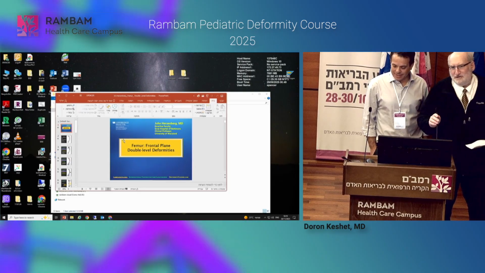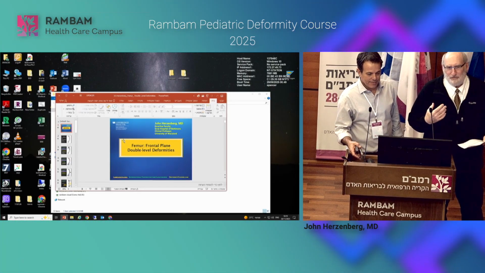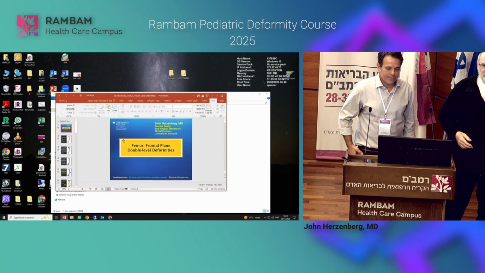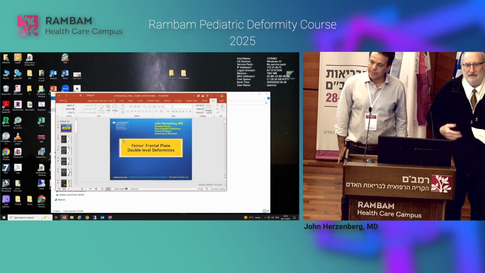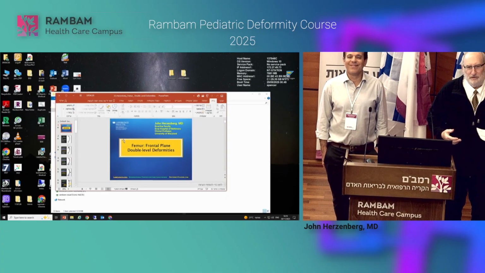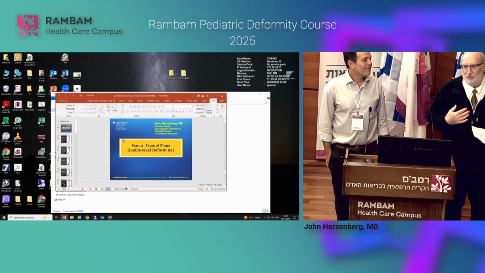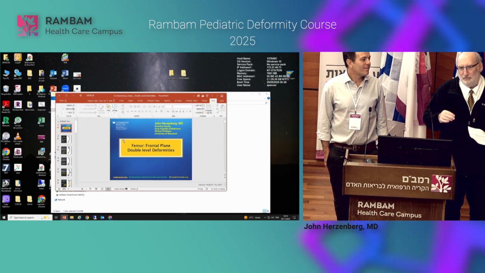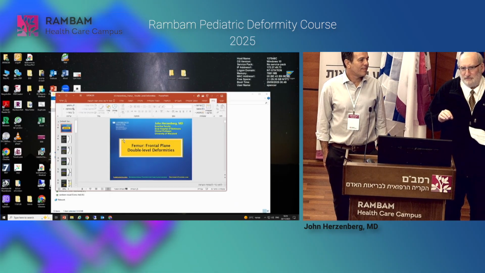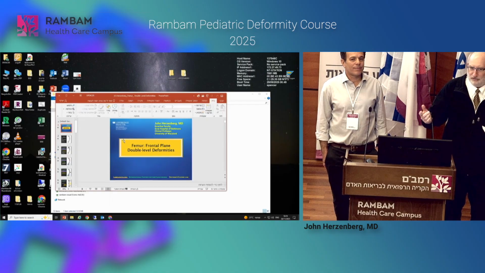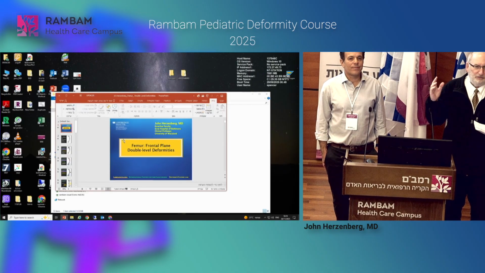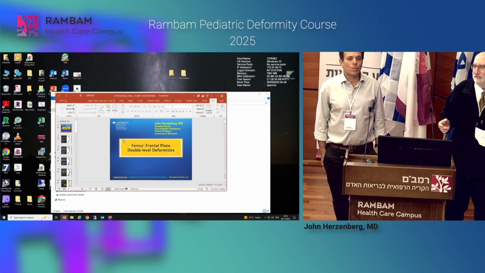So that's an old case. My practice has gone on for 37 years, and I used to put on fixators on everybody, and that's how I got my name famous in orthopedics. But now that I'm older and wiser, I try to put on the least number of external fixators that I can, and I use plates and rods and internal fixation. But the principles are the same.